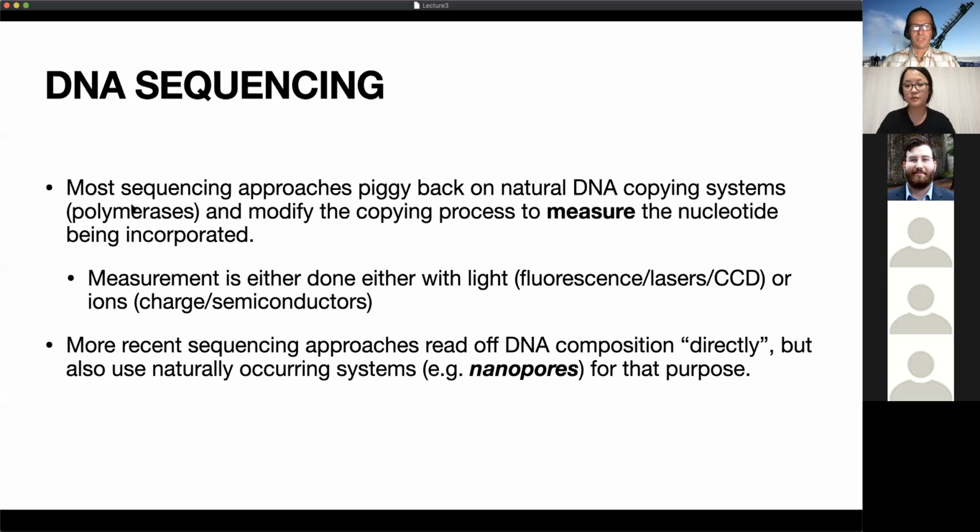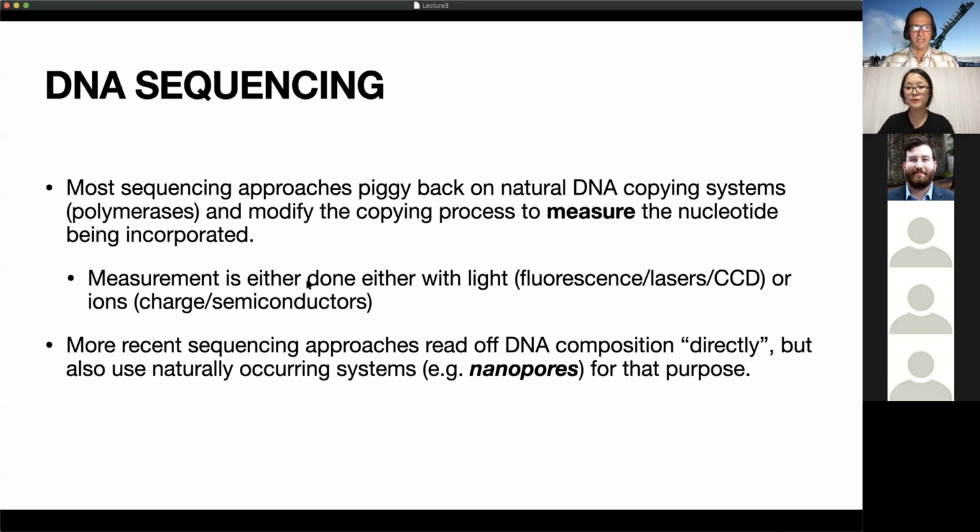So most sequencing approaches will piggyback on natural DNA copying systems, typically polymerases or something along those lines, and modify this copying process to measure the nucleotide that's being incorporated. And we're still figuring out novel ways to do this, cheaper, faster, more portable, but that's pretty much all modern sequencing right there. We just hijack a biological process, we either stop it in some sense or spy on it to see what is actually being inserted as a DNA molecule is being copied